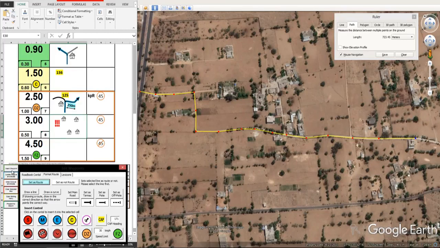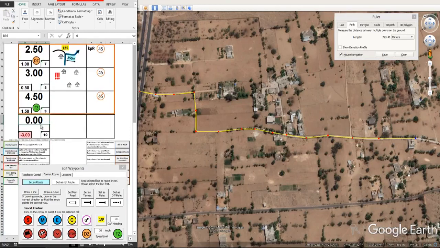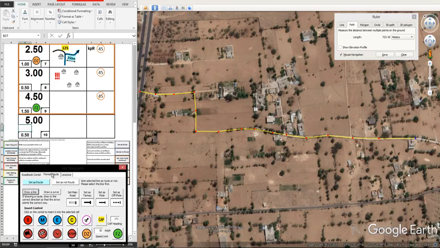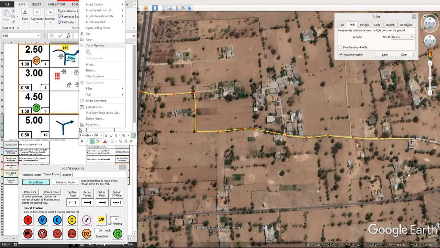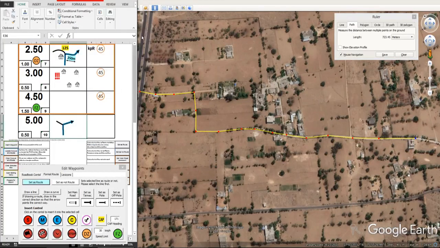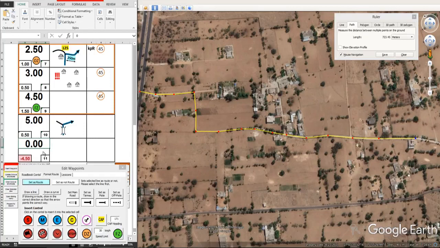So you can insert your waypoints from here, you can type out your distance using these options, you can add your routes, and you can also format your routes. And you can right click to add landmarks. So all of this can be done from a single screen without having to change tabs. Of course, if you need to change tabs, you can always do that. Let me add one more waypoint here.